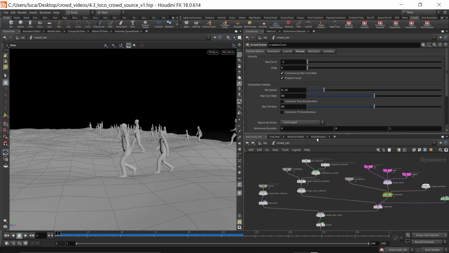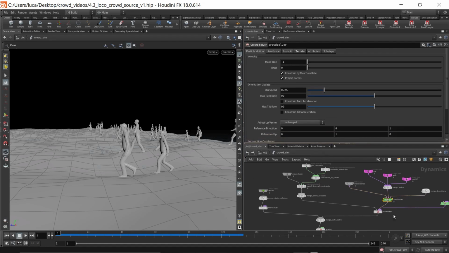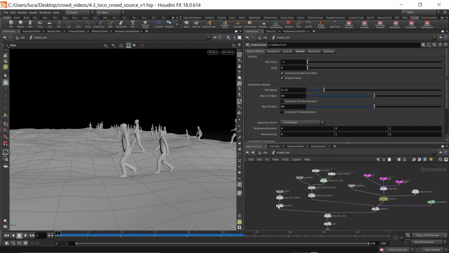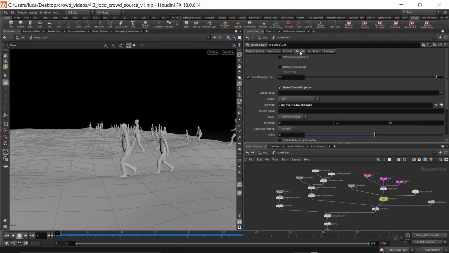The crowd solver is what does the work. It's what does the simulation. I'll get into some more details and flesh this out in the next video. I'll explain in a more detailed way what all of these nodes do, so you have a little bit of context. But for the time being, just follow along,